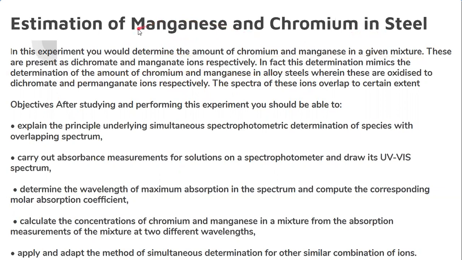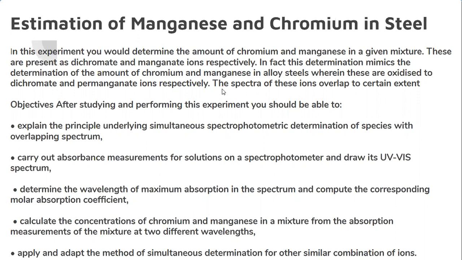Whenever we dissolve the steel in dilute nitric acid, the manganese and chromium are initially converted into the corresponding ions, and those ions later will be oxidized to Cr plus 6 and manganese plus 7. These ions may impart color to the solution, so by using absorbance at a particular lambda maximum,